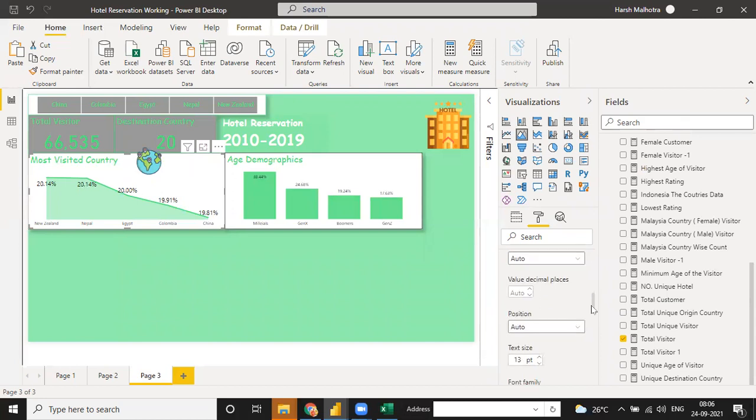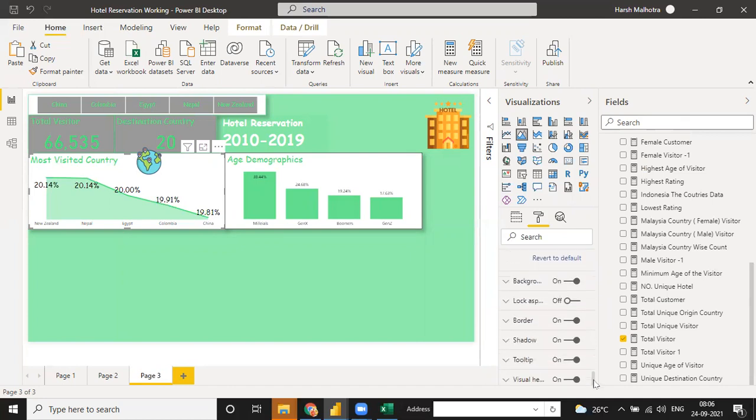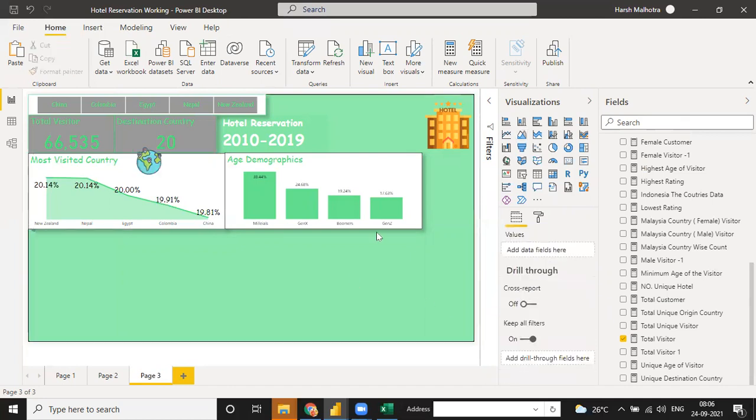This one is okay. Position, text size. Everything is done, I think. Yeah, so everything is done.